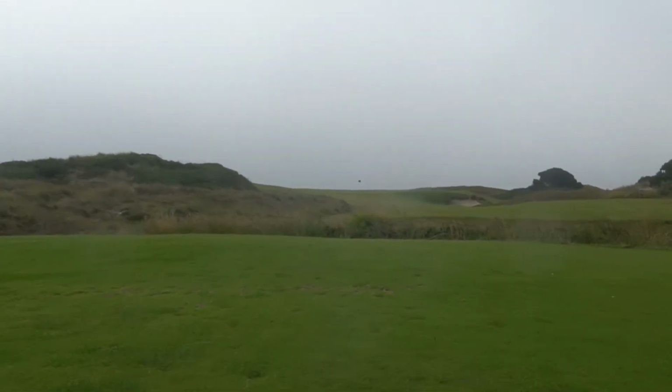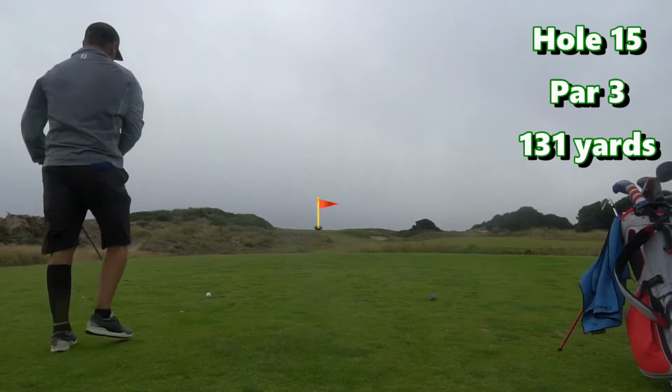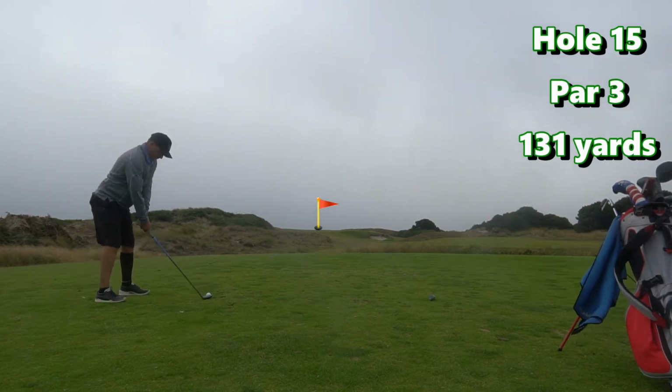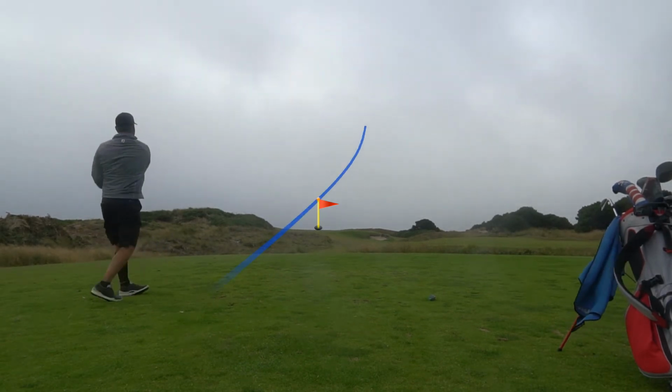And with the wind conditions like they were, it was 130 some yards. Pin was kind of up front, but I'm telling you, I'm hitting the 22 degree hybrid here. So like my 4-iron. So we were gauging it at about 190 to 200, believe it or not. And I was trying that little punchy shot again,